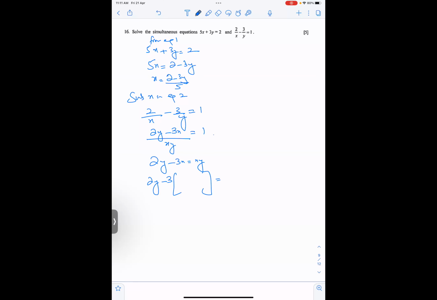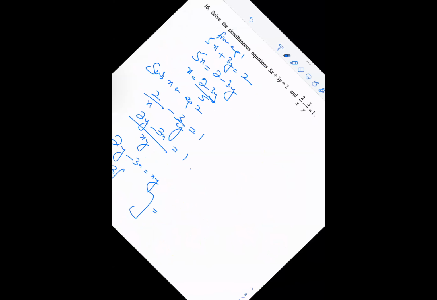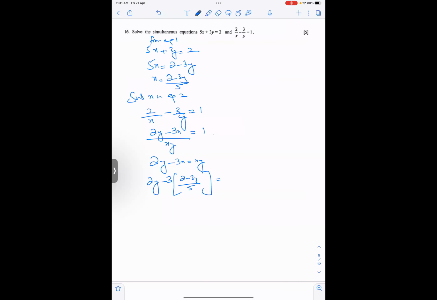The value of x is 2 minus 3y upon 5. So 2y minus 3 times (2 minus 3y upon 5) equals x times y, which is 2 minus 3y upon 5 into y. Since I cannot simplify this 3 with this 5, I'll go ahead with multiplying. If there were a 6 here, for instance, I could simplify 3 with 6. So minus 3 times 2 is minus 6 plus 9y, upon 5, equals 2y minus, multiplying both the terms by y,